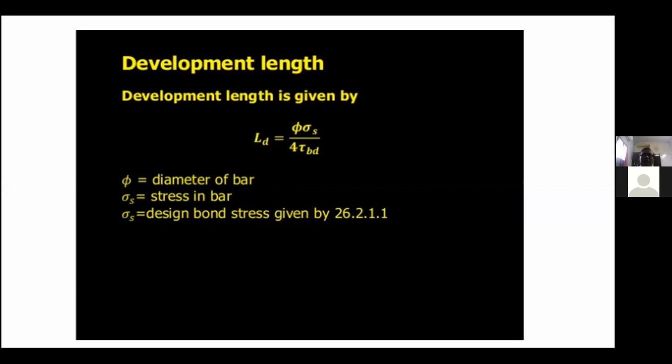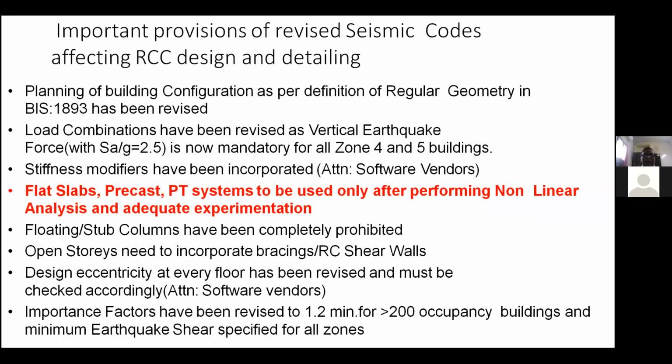So whenever you are talking about the lap length, it varies from 40 to 56D. The maximum length requirement is 56 diameter. Whatever the lapping length required for tension will be more when compared to compression. Okay, there are some criteria given in 13920, and it has to be related with 1893 also.